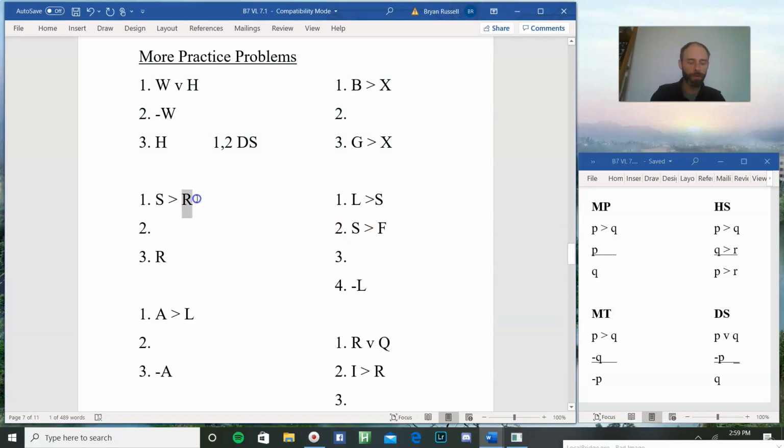So here we have a horseshoe. Here we have what comes after the horseshoe. So what did we need to get there? What we needed to get there was what comes before the horseshoe. So we needed an S on line 2. What rule did we use? 1, 2, and